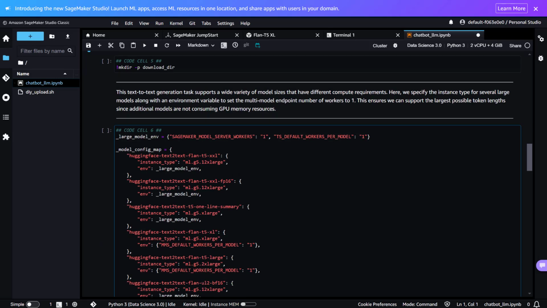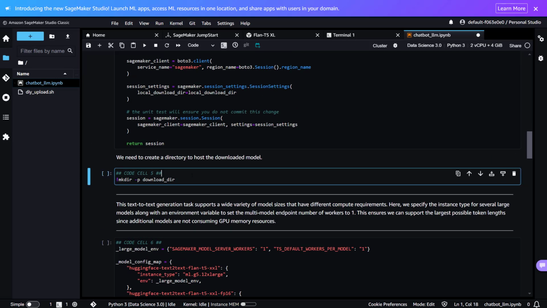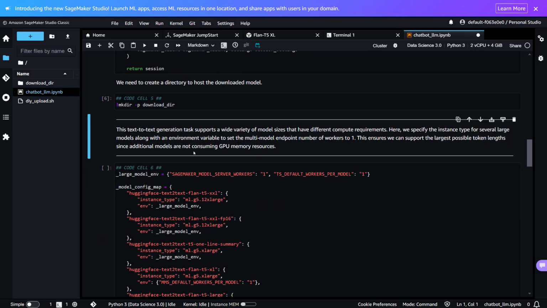And next we are going to create a directory. We need to create a directory to host the downloaded model. This text-to-text generation task supports a wide variety of model sizes that have different compute requirements. Here we specify the instance type for several large models along with an environment variable to set the multi-model endpoint number of workers to 1.